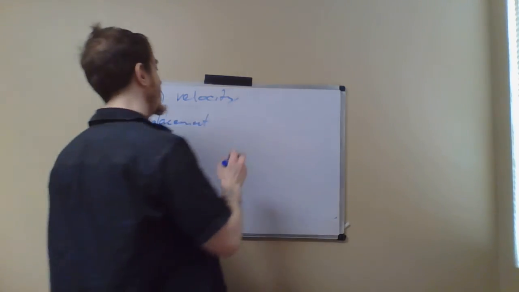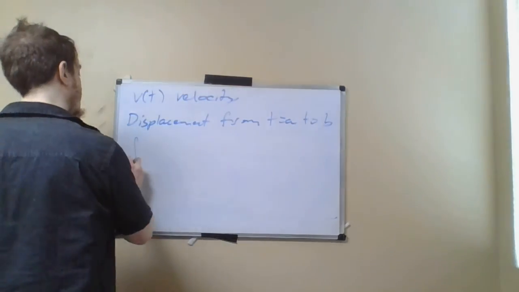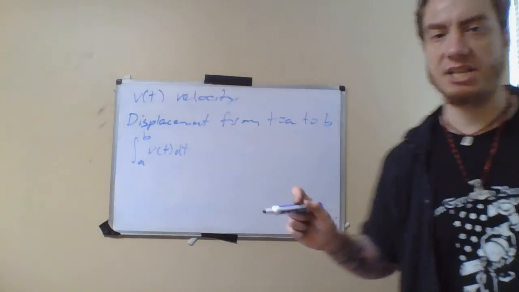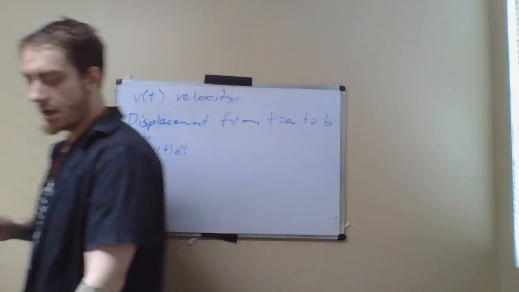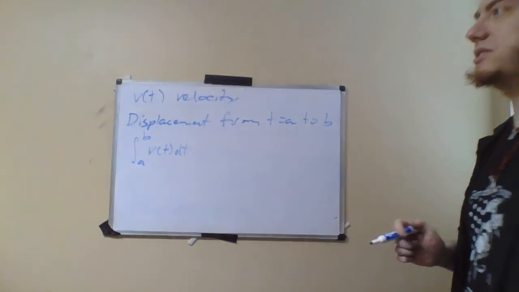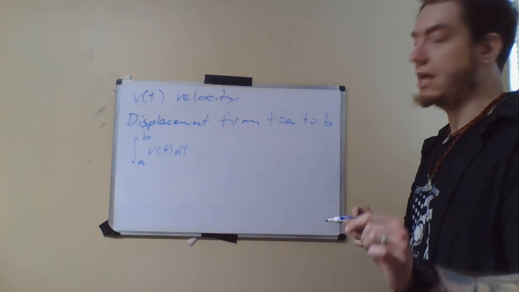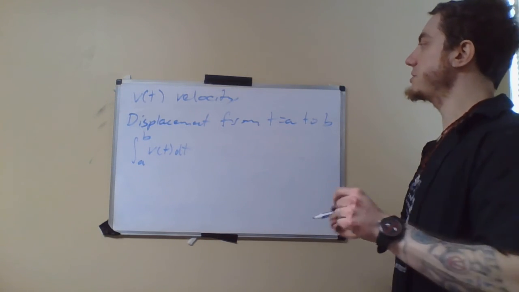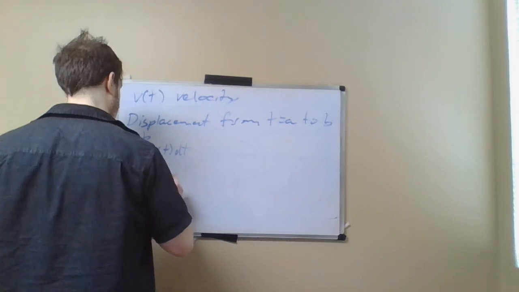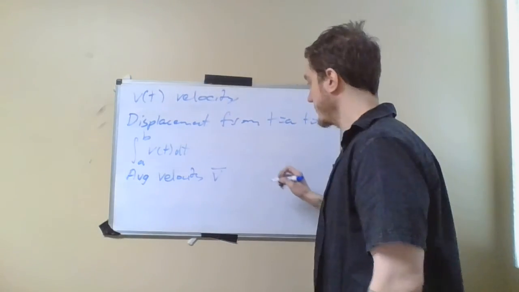from t equals a to b is given by the integral from a up to b of v of t dt. In other words, the total that I move is given by integrating my velocity function. But what should be the average velocity? Well, the average velocity should be the constant velocity I would need to travel in order to have the same displacement over this time interval. So the average velocity, v average,